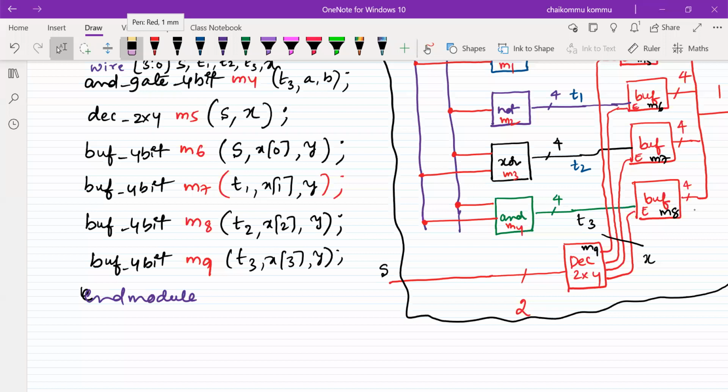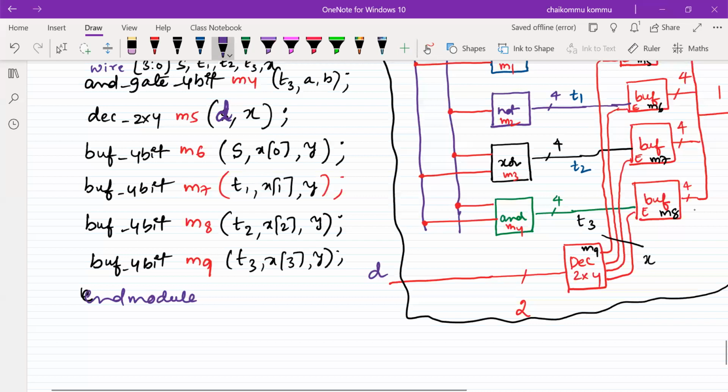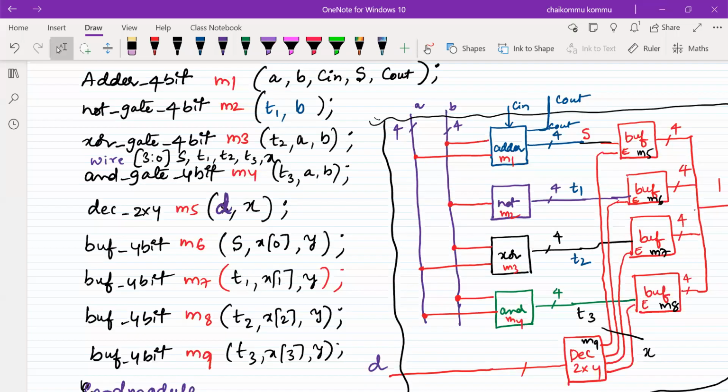If you know how to write structural modeling, almost 100% of Verilog programming will be very easy. Finally, the end product is a system, and the system is comprised of different subcomponents. We describe each component in different modeling styles, but the entire system must be written in structural form. So structural modeling is very important. With this, we can stop structural modeling, and we'll see data flow modeling in the next class. Okay, thank you.